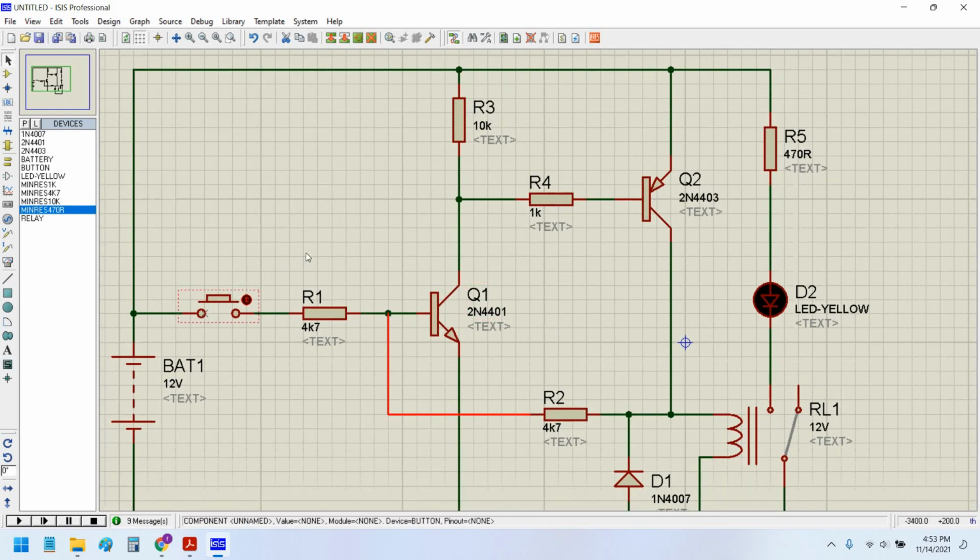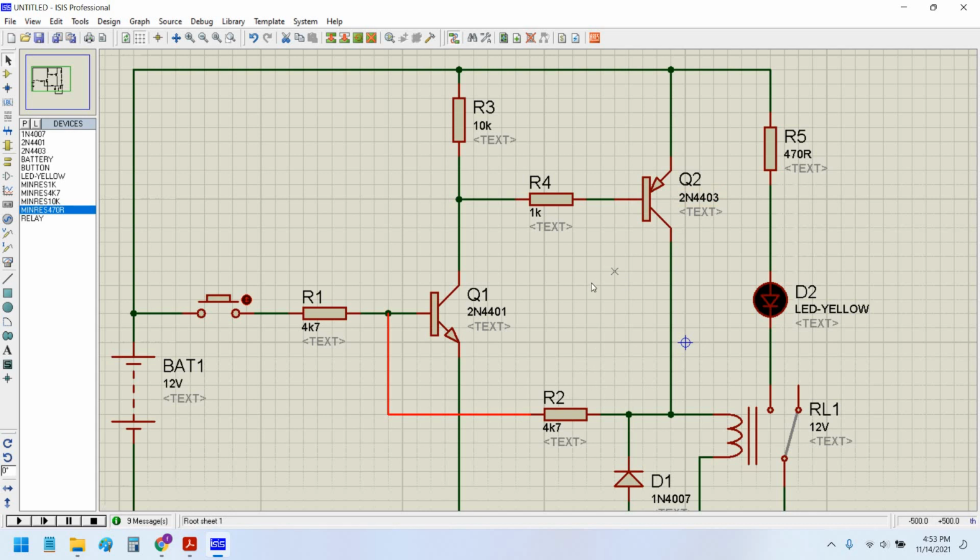You can understand. I press the button and the voltage appears over here, base, ground appears over here, and when ground appears here, the high voltage appears over here, and this high voltage would again bias this transistor to keep it turned on. So this is the loop that would be created.